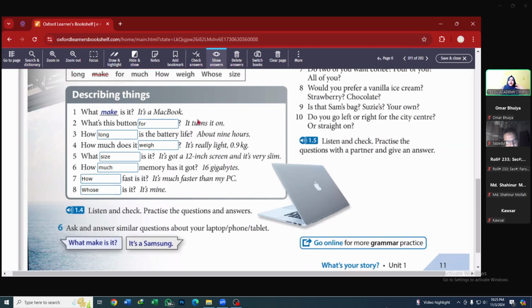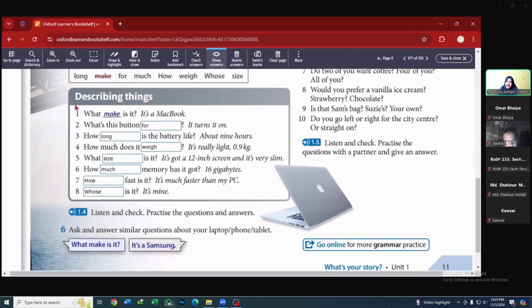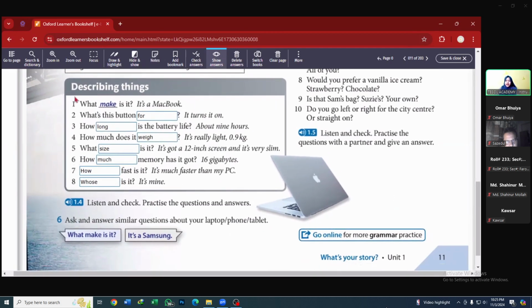We will answer exactly the questions that were asked to Erica, but while describing our own gadget. First of all, I will be pairing you up, and the first question from whoever is questioning will be: what gadget are you using? That way, it will be clear which gadget that person is talking about. Then you can ask all these 8 questions to your partner. So let's start with Mr. Shahinor and Mr. Sajidul. Mr. Shahinor, please ask the questions to Mr. Sajidul, and Mr. Sajidul will be describing his gadget to us.